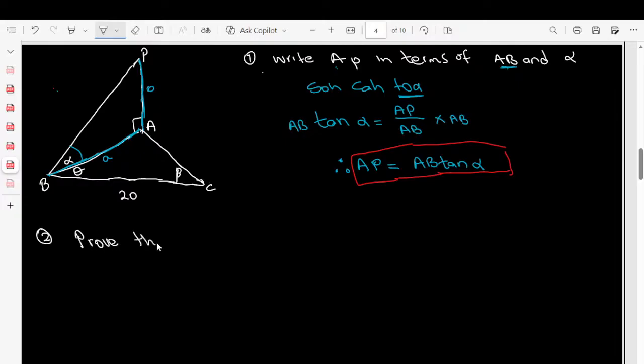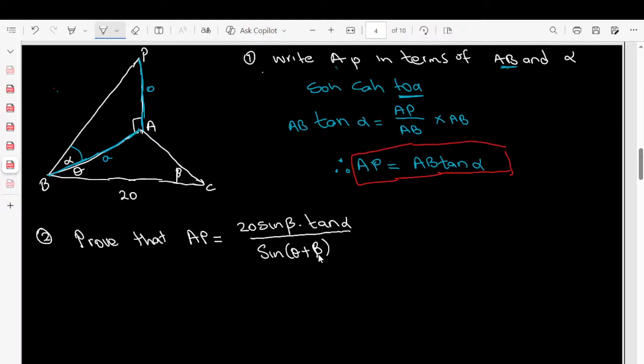Prove that AP is equal to 20 sine beta tan alpha over sine of theta plus beta. When you see this type of question, this is where most learners start to panic